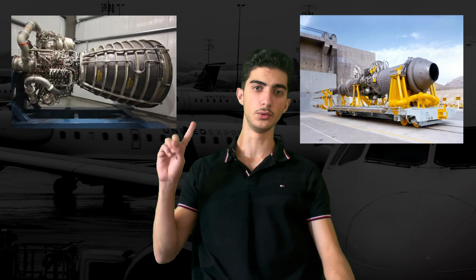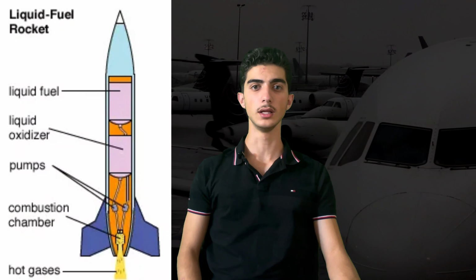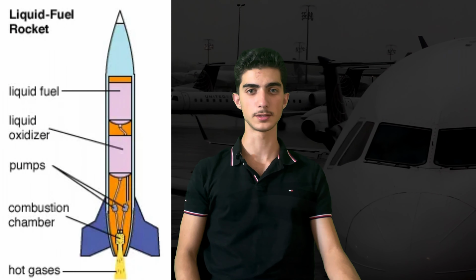All of the engines we've discussed so far require air to generate thrust. But what if you're in a vacuum with nothing to pull in or push away? So again, there are different types of rocket engines, that being chemical, nuclear, and electric. Chemical rockets are the most common and split between two types: liquid state, or liquid propellant rockets, and solid state,